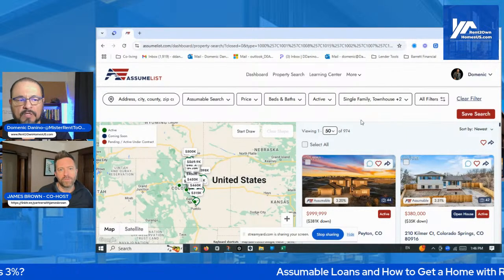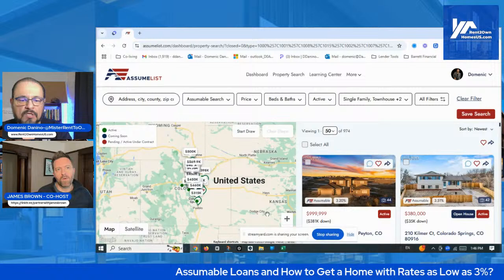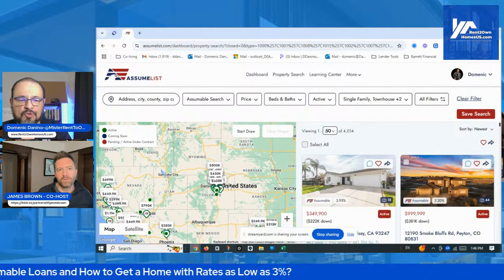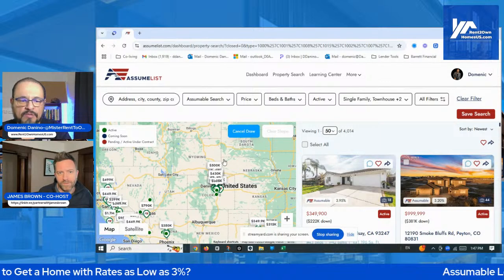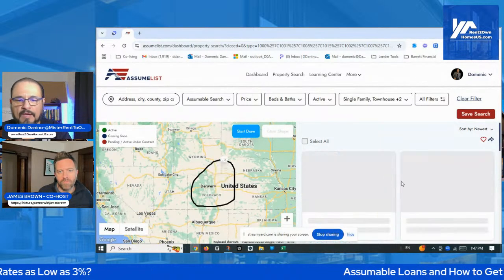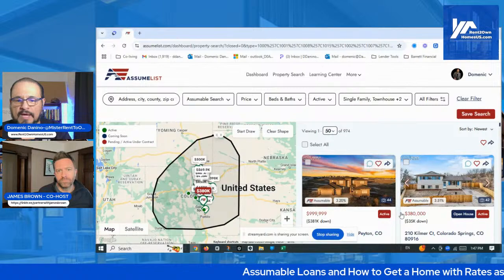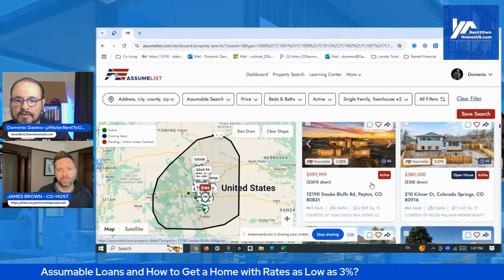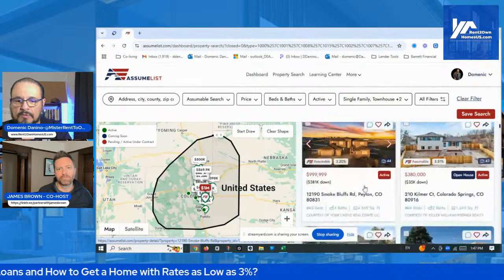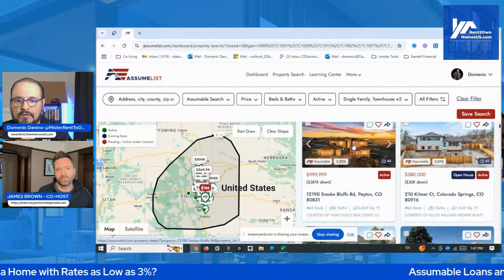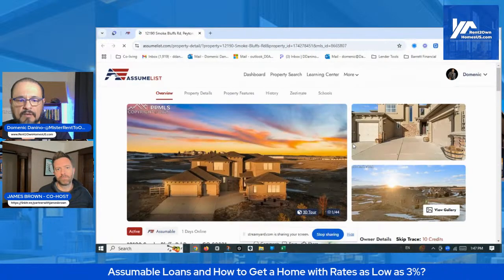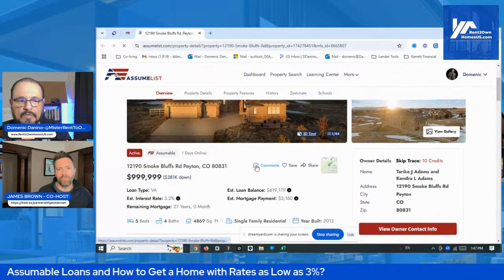Yeah. So what I was gonna do was just show the map and then show a couple of the features. Like this draw feature where I could just draw around Denver, and it'll filter out all the properties on this right side that are available. So let's just say this one here, right? If I click that property, it brings up